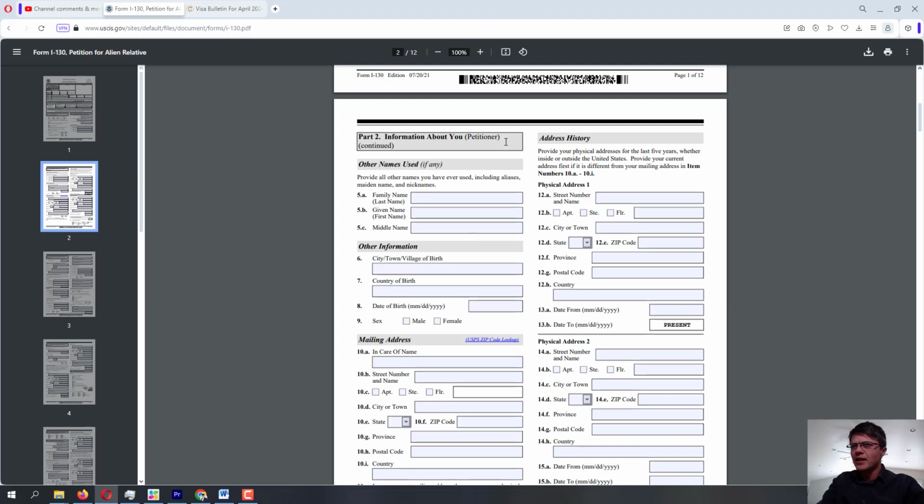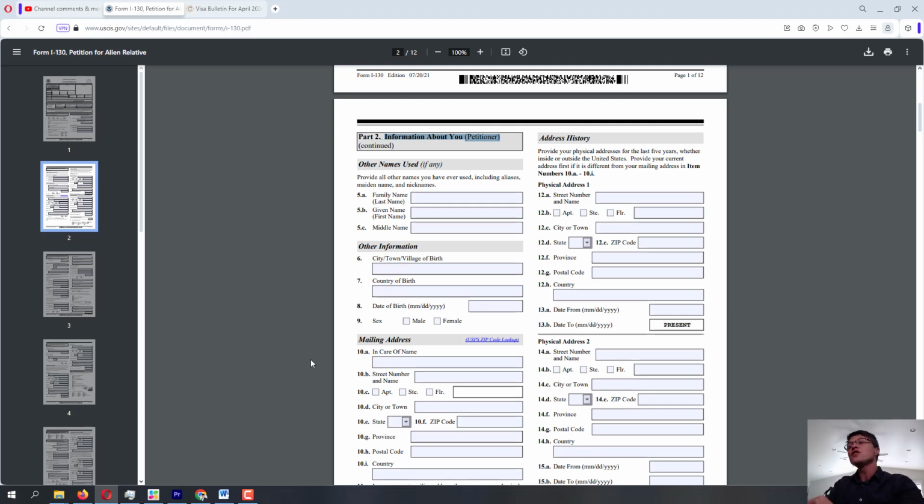So that is, as you can see, information about the petitioner. So that's going to be the petitioner's. If I'm understanding correctly, if you're pending asylum, you cannot petition for anybody at the moment. So if somebody else is petitioning for you, that person who's the petitioner, their address is going to be here. Not your address, not the beneficiary's address, but the petitioner's address.